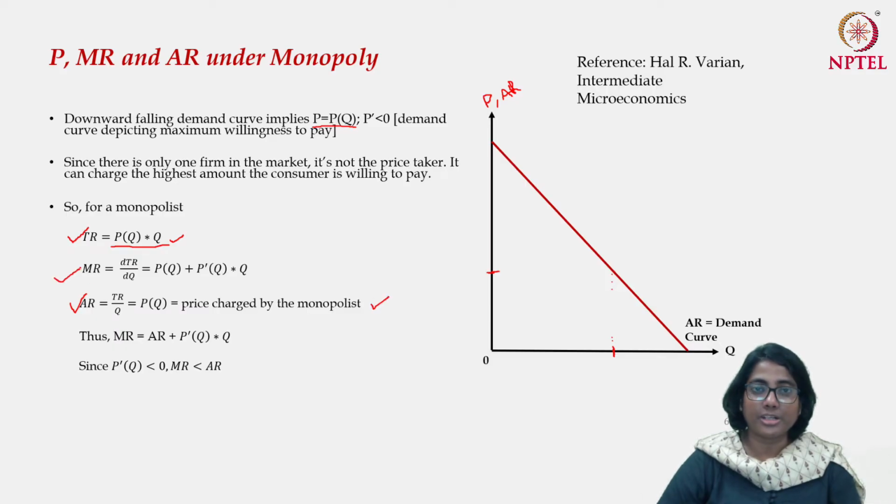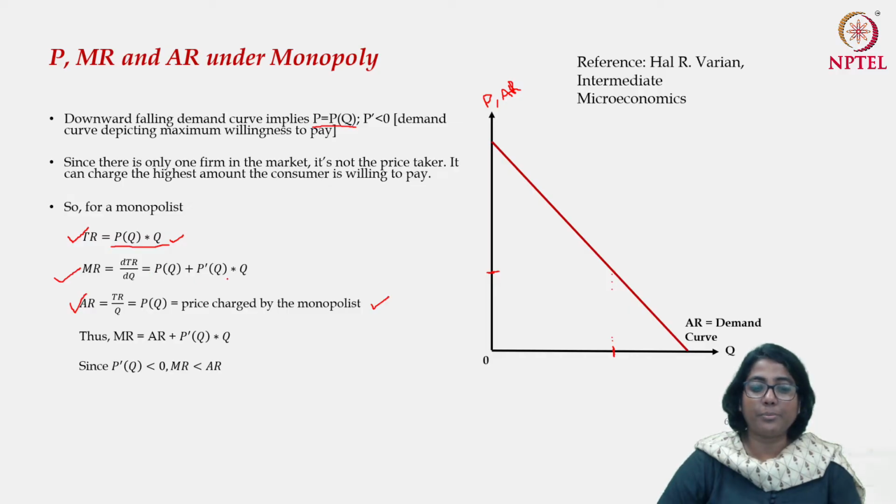Let us now come back to the marginal revenue curve. For marginal revenue, we have to take the derivative of total revenue with respect to Q. Although the monopolist can choose or influence the price, because price is a function of quantity, the choice variable in front of the monopolist is initially the quantity. Once the quantity is decided based on the demand curve, it can charge the price. But initially it determines the quantity to be produced. So if I take the marginal revenue, that is the derivative of total revenue with respect to Q, what I get is